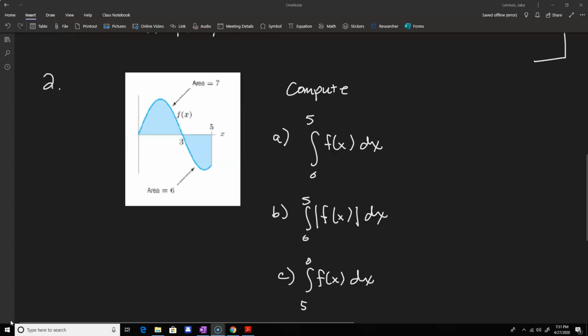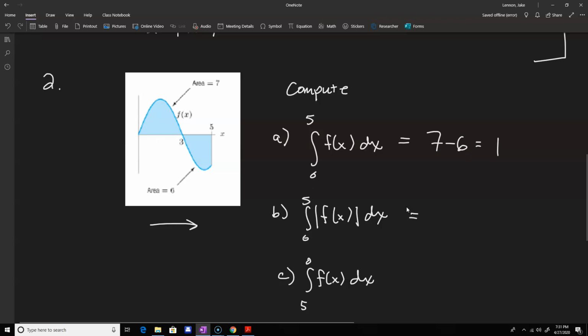So for number 2, we're just evaluating some integrals using the picture. So again, the integrals are representing signed areas. Basically, if the area is above the x-axis and we're moving from left to right, it's going to be positive, and below it's going to be negative. So for the first one, we're going from 0 to 5, so we're moving in the left to right direction. So basically, the top area 7 is positive, and the bottom area is minus 6,